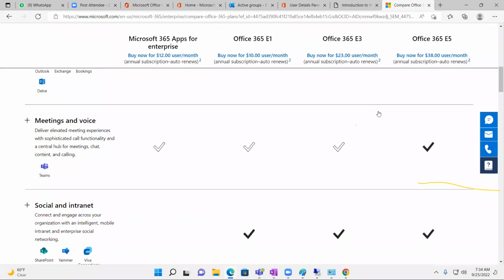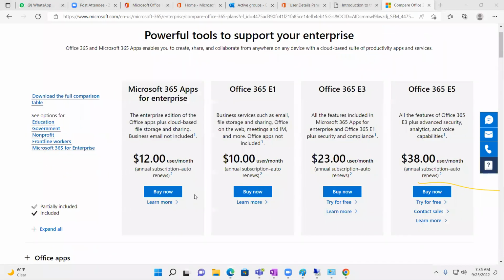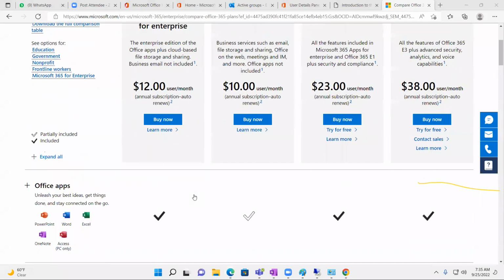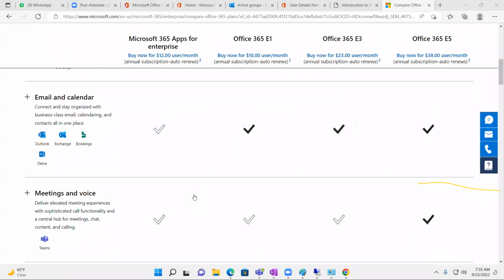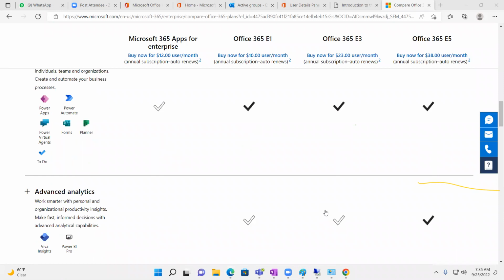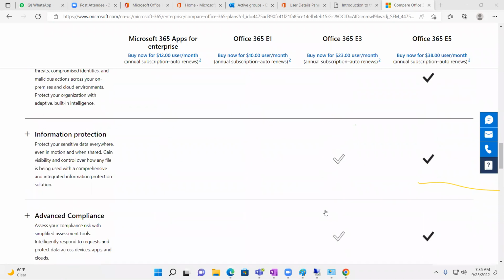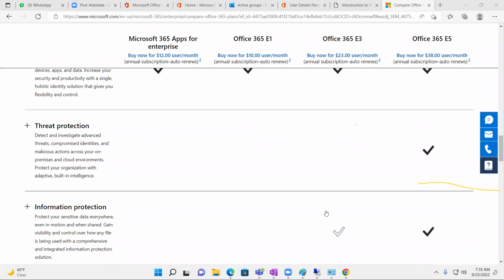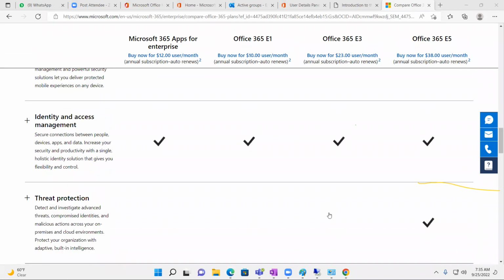And these are the features it will have. E5 has most of the features, like you'll get security and everything. Still, there are some very premium features which will not be there in E5, like Azure Premium subscription and all those things. Apart from that, everything will be there in E5. It depends on what type of requirement you have. You can even have E1. In E1, you don't get